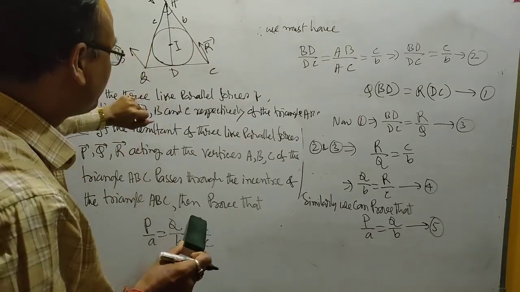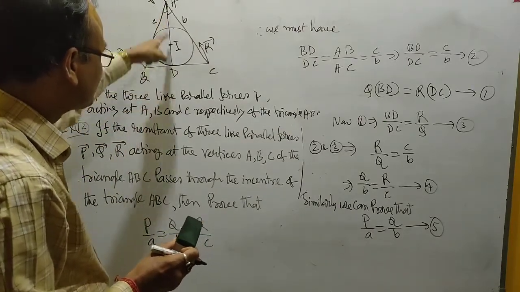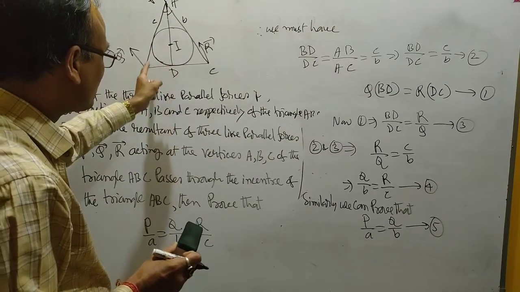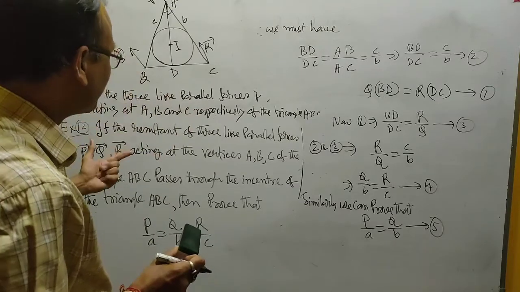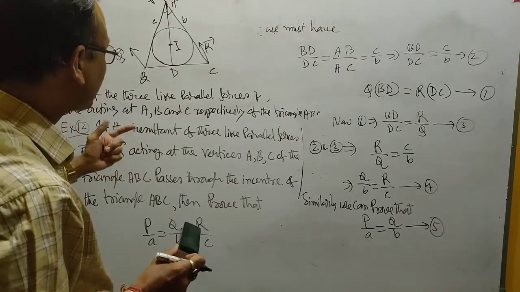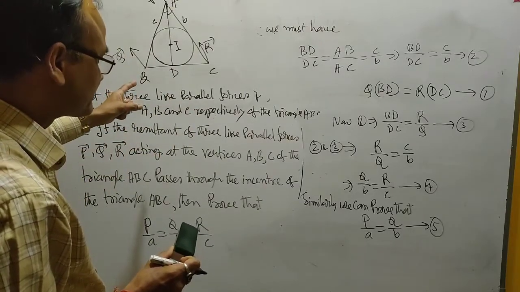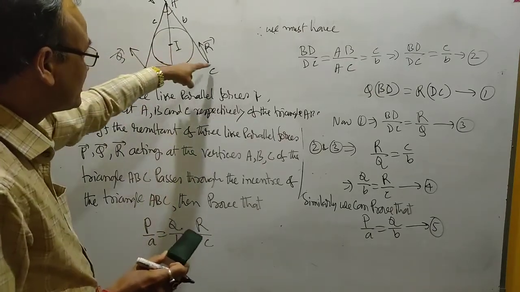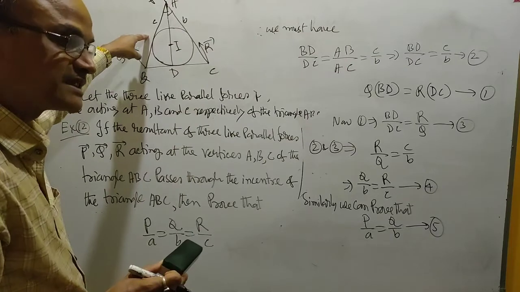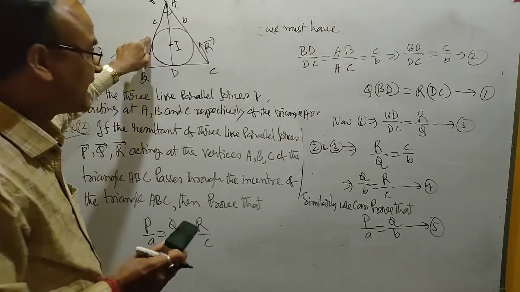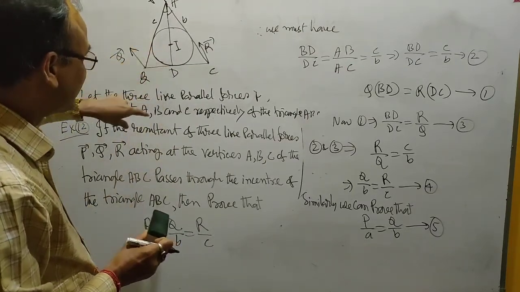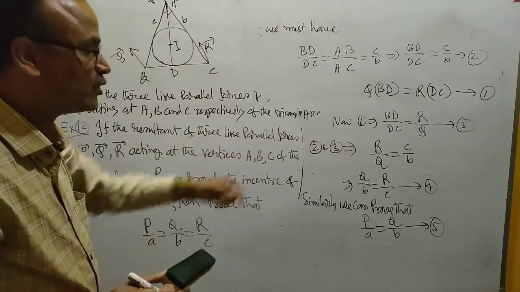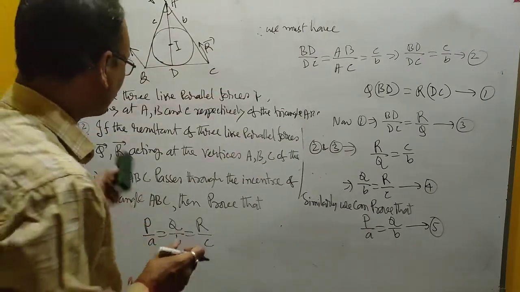P by A equal to Q by B. AB is a line on BC. Similarly, if you take a line, suppose CF, which passes through the point I, the incenter, then you will get P by A equal to Q by B. From 4 and 5 we get